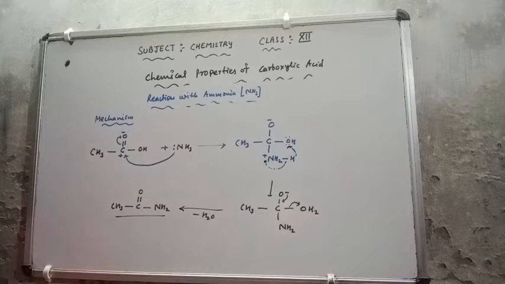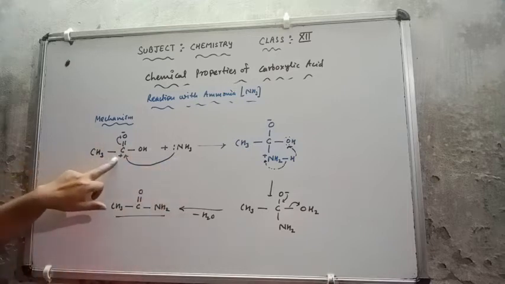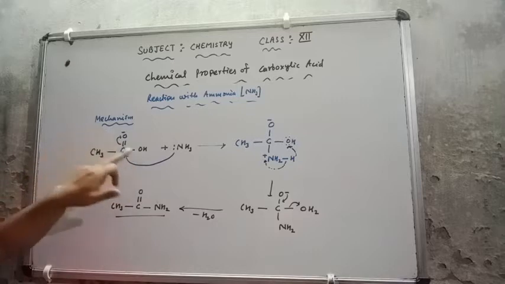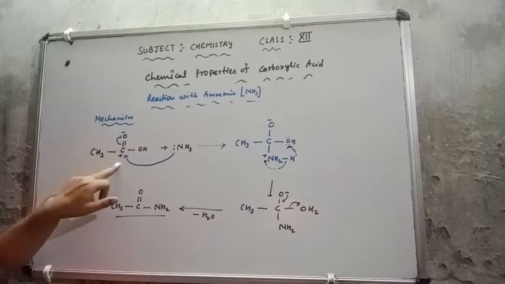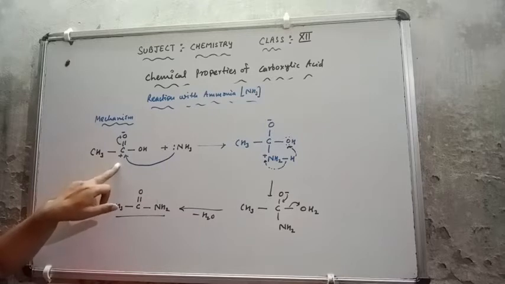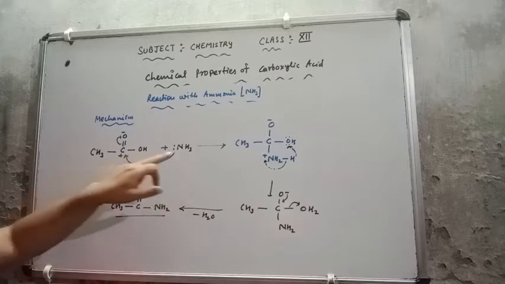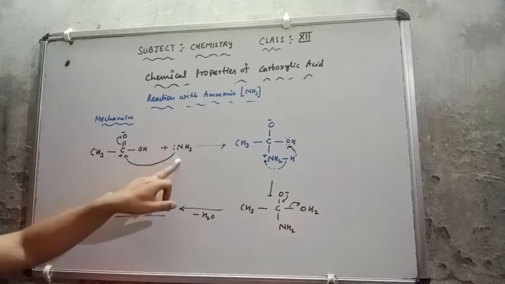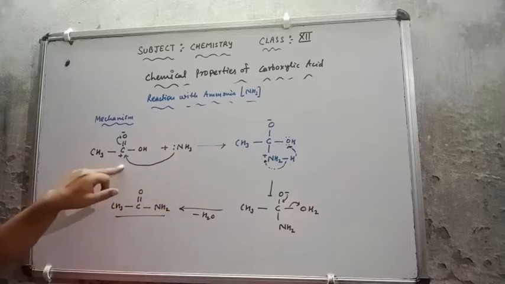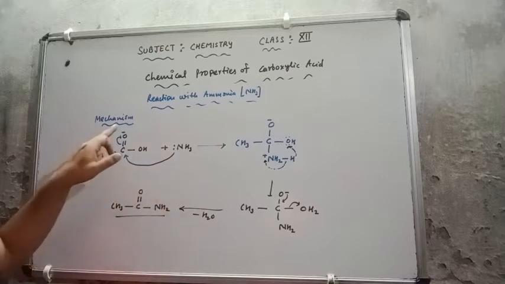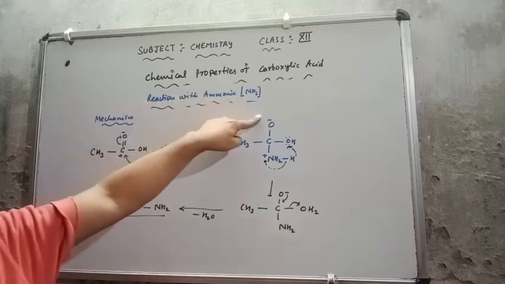Again I will discuss with you how it is going to complete. This is a carboxylic acid and this is the ammonia. On this carboxylic acid, this carbon is bonded on both sides to oxygen, which is more electronegative. So the carbon is electron seeking, it is the hungry carbon now, so it needs the electron. From where will it take the electron? This nitrogen will give the electron to this carbon because it has one lone pair. As it gives the electron to this carbon, this bond will transfer the electron towards the oxygen, which gets a negative charge.